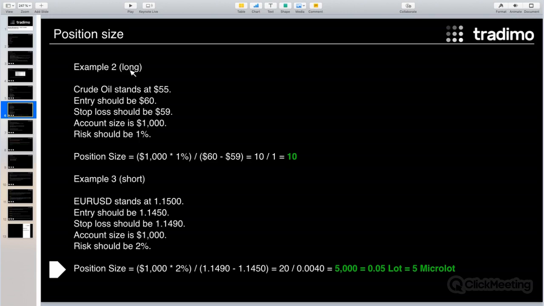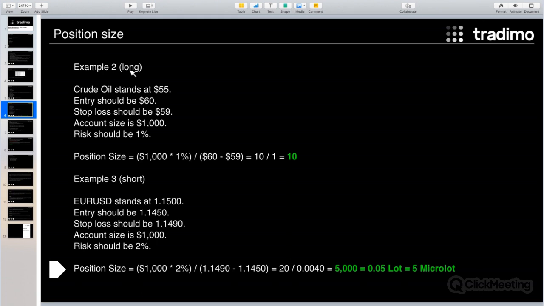If you want to trade CFDs, contracts for difference, then you can calculate your optimal position size with this formula pretty easily. And I think most of you are trading Forex, so currencies. And here we have the third example. It's a short trade. So assume you want to trade euro dollar and euro dollar is quoting around 115 and your entry should be 140.50. Then the stop loss should be 140.90. Of course, this is just hypothetical, it's just a calculation example.